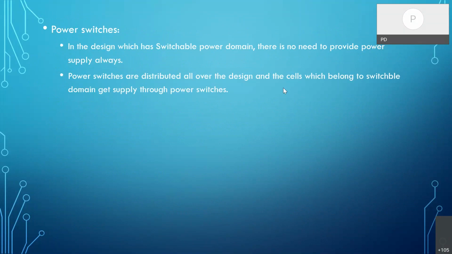Whenever there is a signal to turn on these power switches, the power switch will get the input from VDD and give a secondary VDD, which will be powering up the cells. Whenever we turn on, SVDD will power up and supply the cells. Otherwise, it will be turned off and those cells will not function. So these cells also should be placed all over the design initially itself.